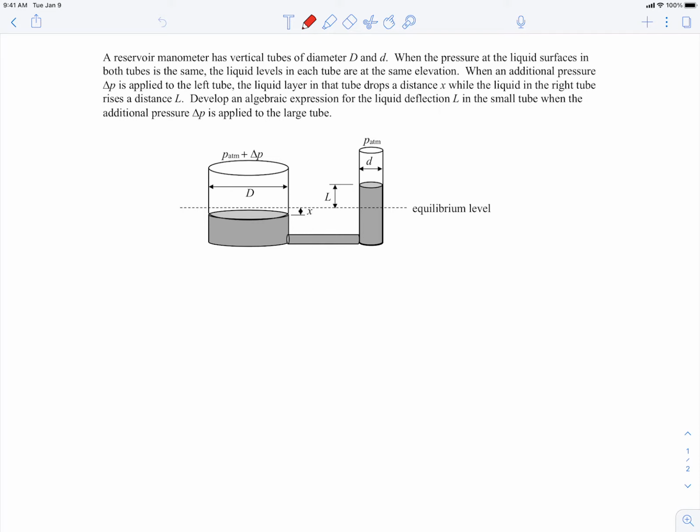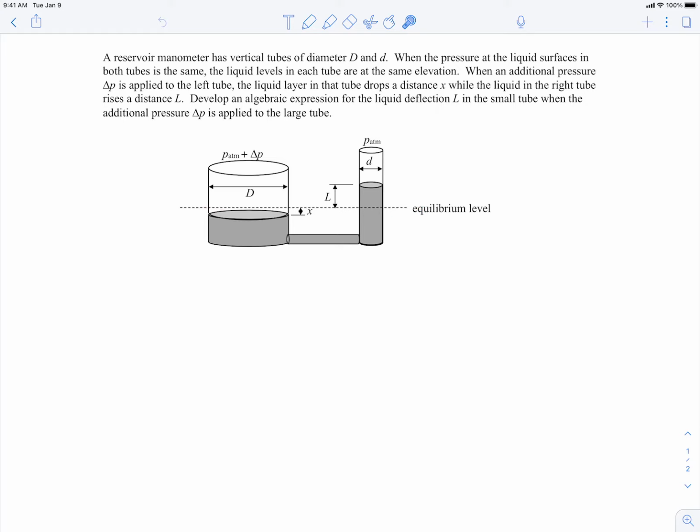Okay, in this example, we're told we have a reservoir manometer, and we have some vertical tubes. This one has a diameter capital D, which is larger than this one, which has a diameter little d. And when the pressure at the liquid surfaces in both tubes is the same, the liquid levels in each tube are at the same elevation. So when the pressure here is atmospheric and the pressure here is atmospheric, both are at that level,